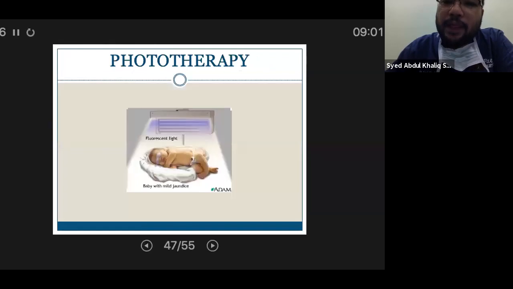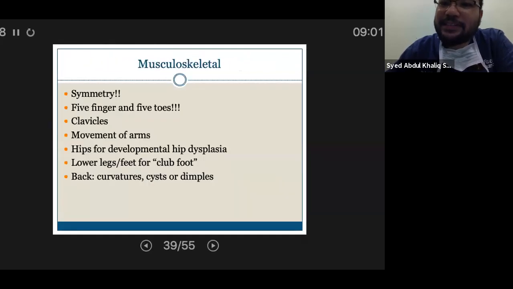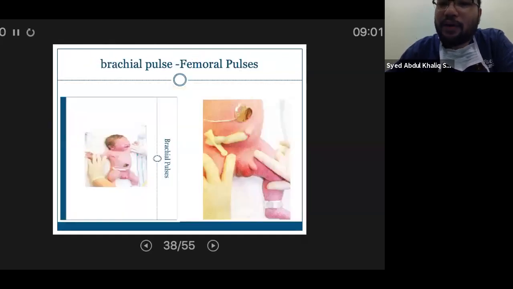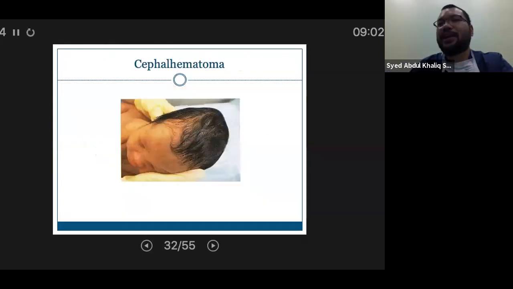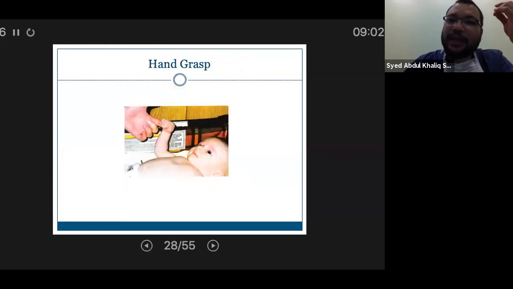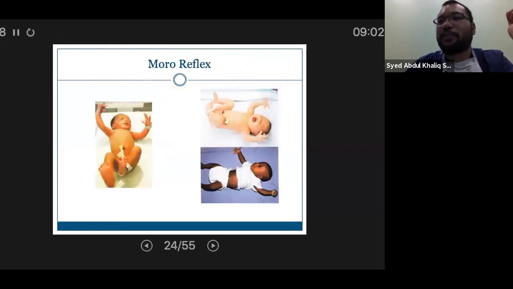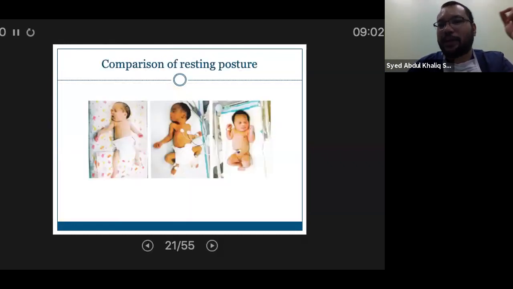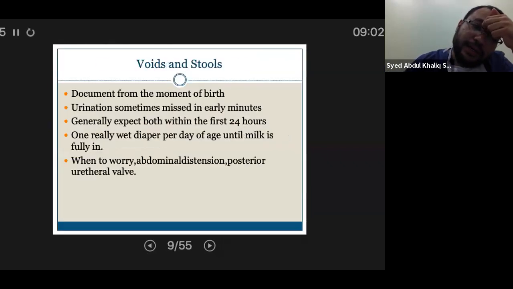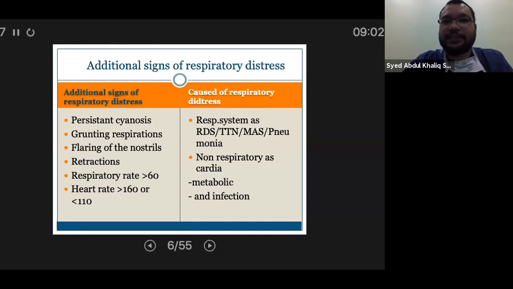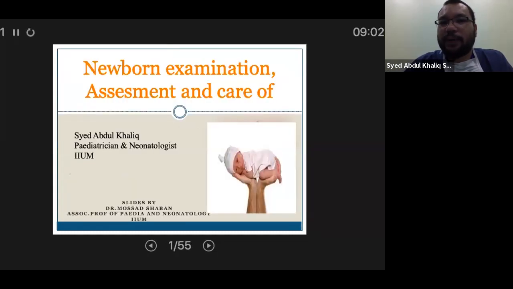So basically, newborn examination is an assessment mainly of a normal baby. So you are looking for any abnormality that's present in the baby, and it should start. It's a head-to-toe examination. It's a thorough head-to-toe examination. Okay, all right. So I think that's it. We will discuss in more detail when we do it at the bedside. Is it okay?